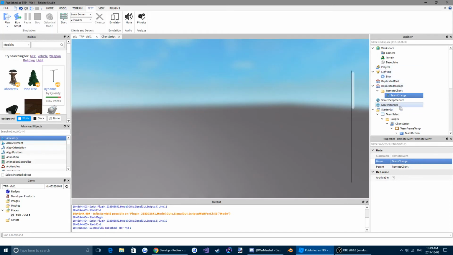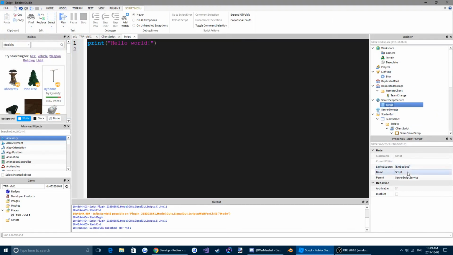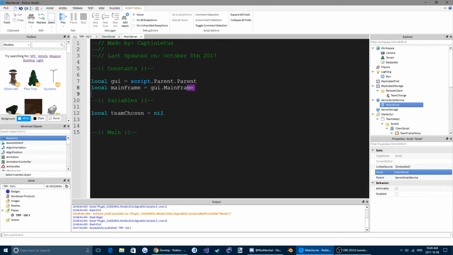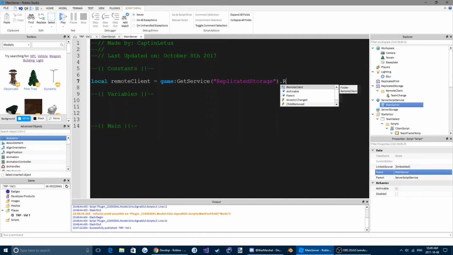So now inside our server script service, we're going to name this one main server. You can just copy and paste this up here. Actually, copy and paste all that, and then just remove the stuff we aren't using. So constant for this would be local remote client equals game get service replicated storage dot remote client dot team change. Then in main, we're going to get rid of that team change. Remote client dot team change dot,